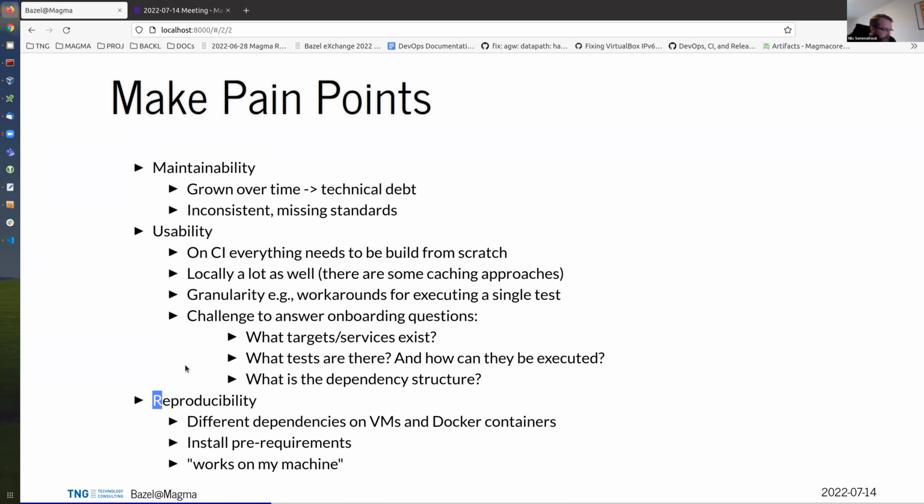Reproducibility: there are currently different requirements needed for the environments we are using for virtual machines and the Docker containers. So you need to set it up correctly first, and the term "works on my machine", everybody knows it. We see it from time to time in the Slack. So it's sometimes hard to reproduce failures.